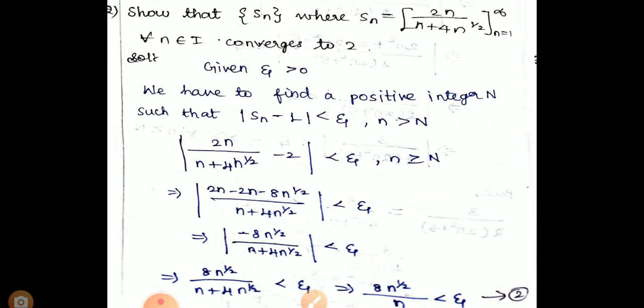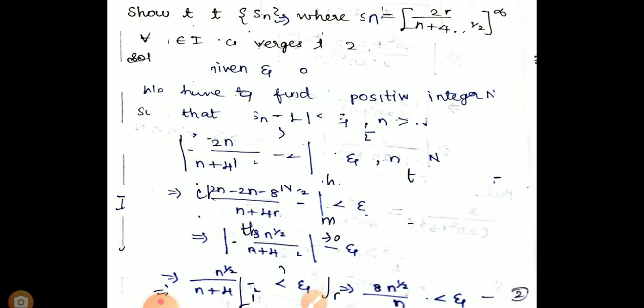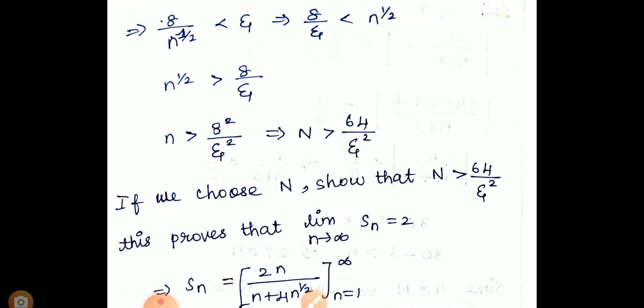Now we are neglecting the 2, the numerical term, and we are taking only the n term. So 8n^(1/2) divided by n is less than epsilon, because we are taking small n greater than or equal to capital N. Here also n is a very large positive integer. Therefore 8 by n^(1/2) is less than epsilon, which can be written as 8 by epsilon